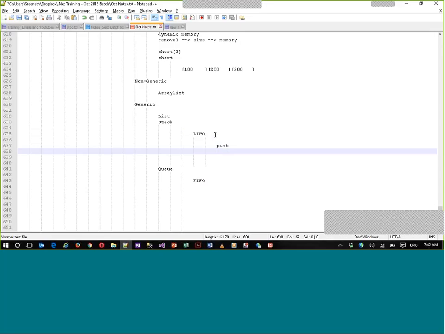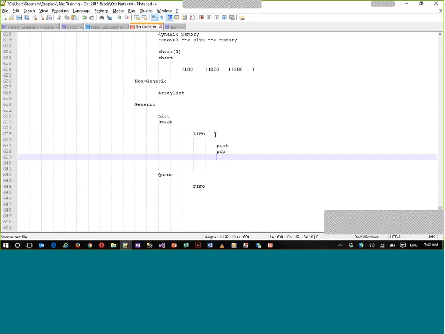This will add data to the stack. And in order to take out the data, we have something called pop. These two are to add and remove data from the stack, and if you use them, it will automatically follow the LIFO principle, last in, first out.